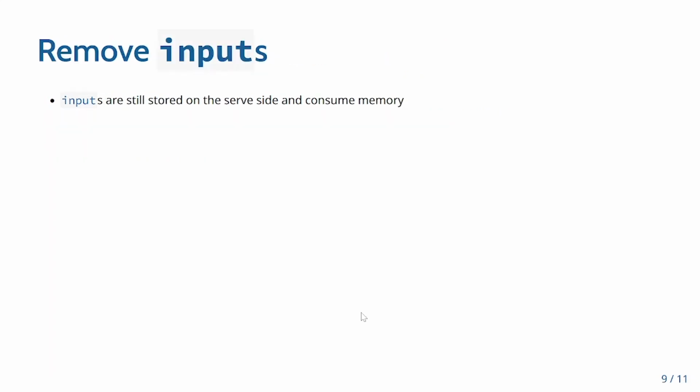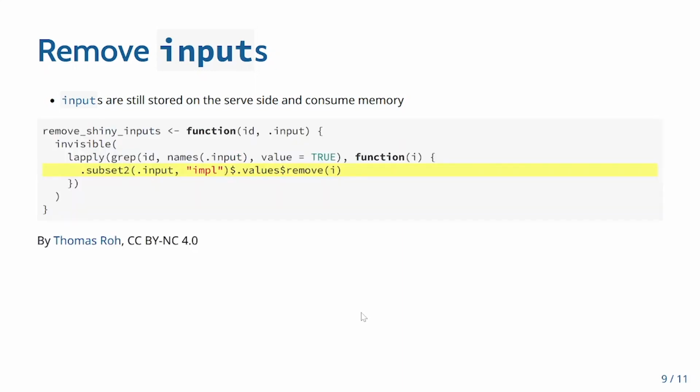And today I'm going to show you a way how to remove basically leftovers in the input variable on Shiny on the server side, because they are still stored, and if they accumulate, they can consume, especially if they have a very big variable, they can consume a lot of memory of your Shiny server. And there's a really nice post by Thomas Rohe, please check it out, where he writes a function